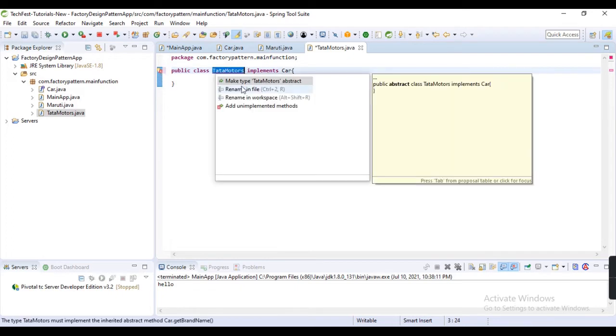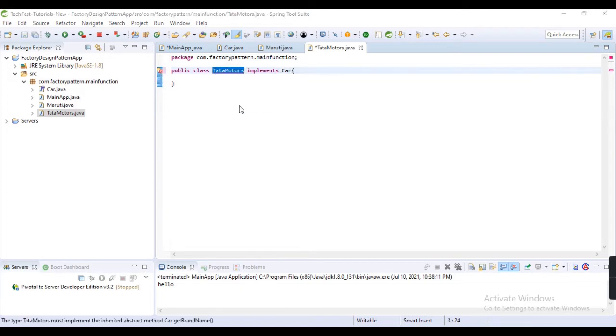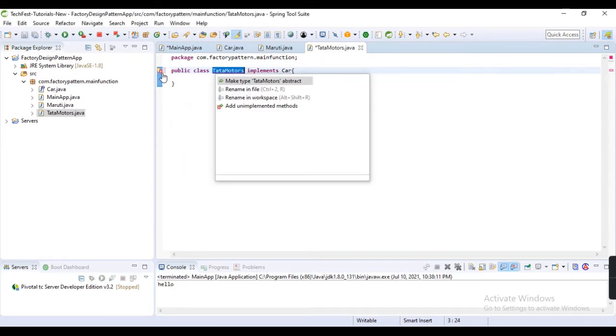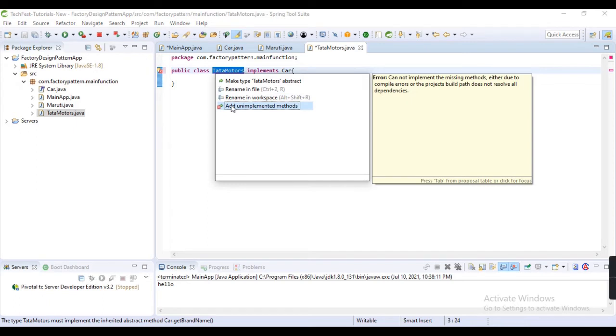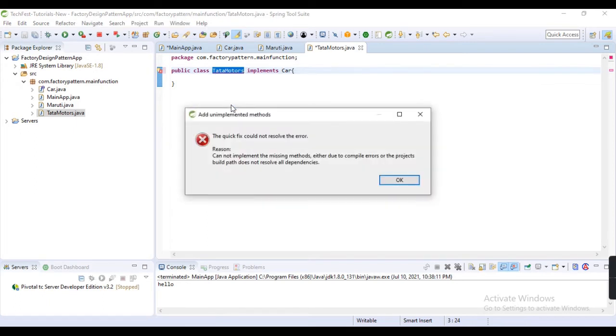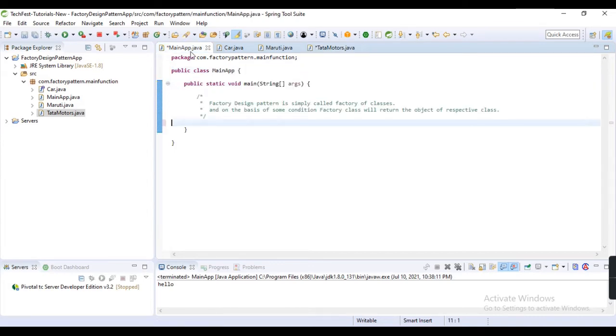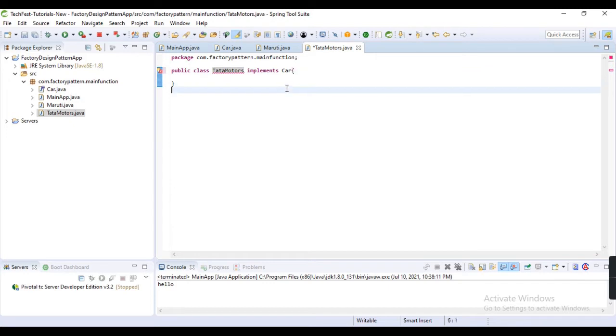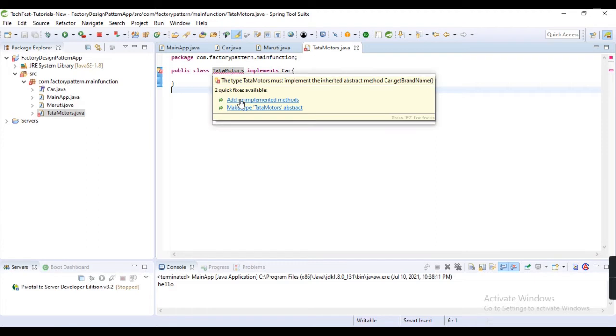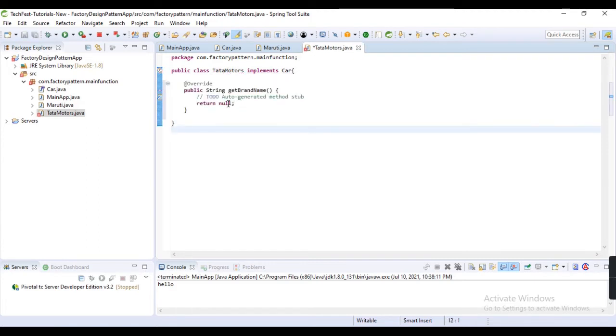And now I am going to implement the method, and here I am just returning Tata Motors as a brand.